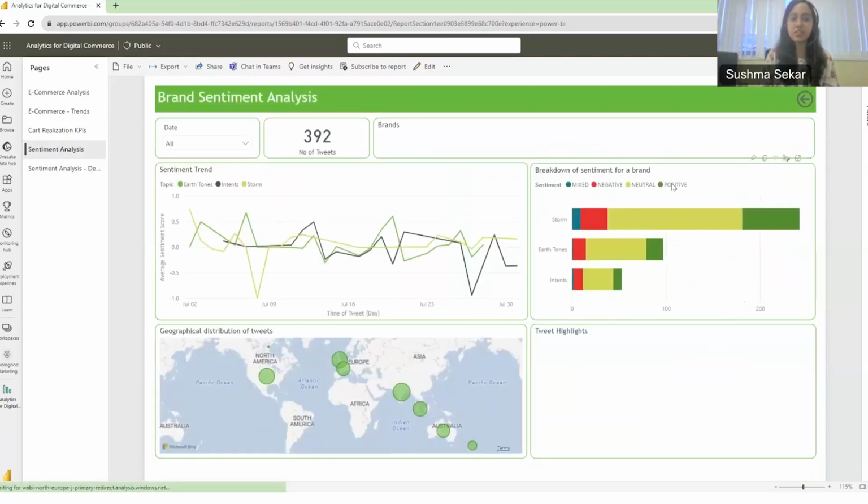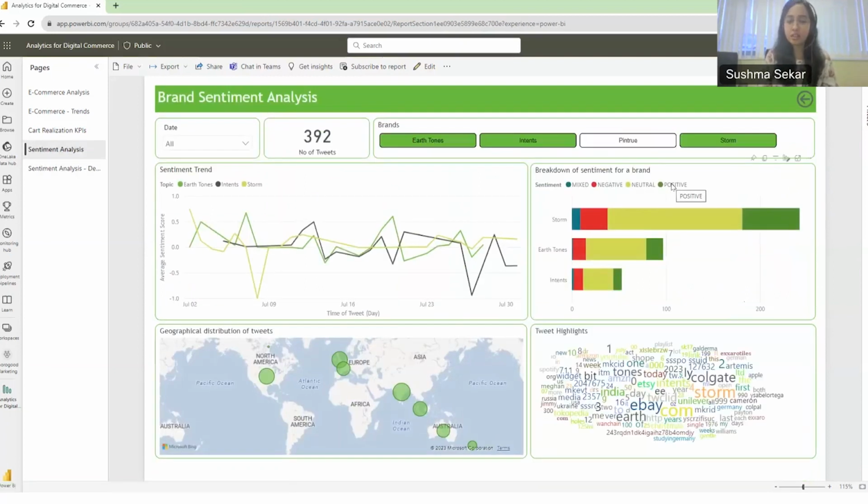So sentiment analysis in general gives you a picture of the market trends, customer preferences, what they're talking about your brand on social media, and all of these are constantly changing. So it can help you respond to situations, not just reactively, but also proactively if you monitor and track these trends in the right way. So this can also potentially feed into how you shape your brand awareness and marketing campaigns, and carefully curate next steps as well. So, in addition to social media data, you can also understand more about how your brand is doing by looking at data from customer service, for example.